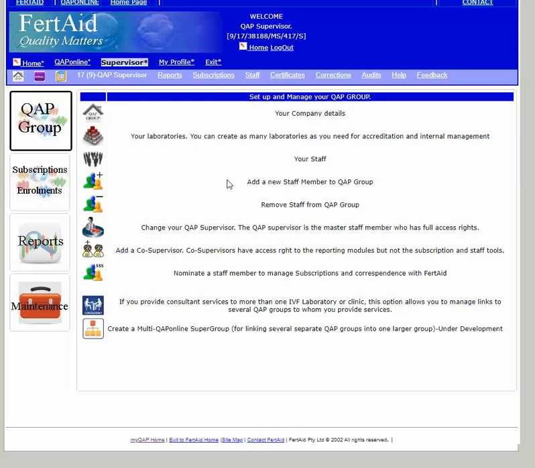But there are four basic aspects to the supervisor function. First is the QAP group, in which you can define aspects of your company. You can add laboratories so that QAPonline can operate multiple laboratory systems inside one QAP group. And that's exactly like a lot of IVF clinics these days, where one organisation may run several laboratories in different states or